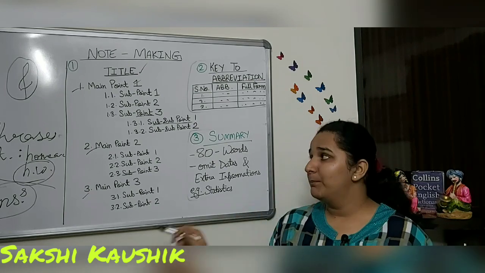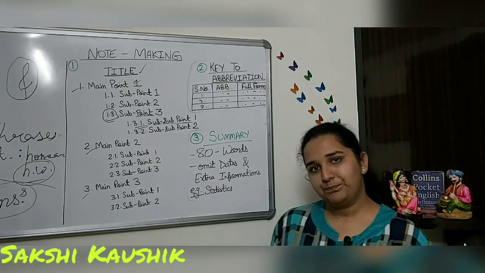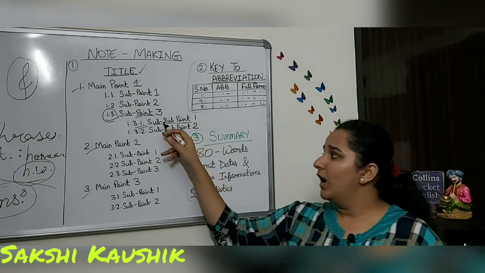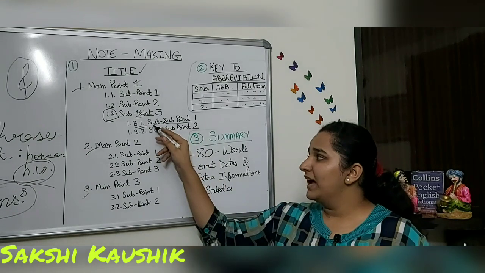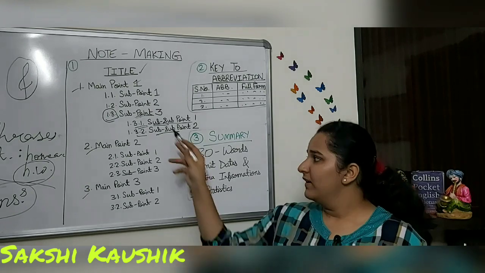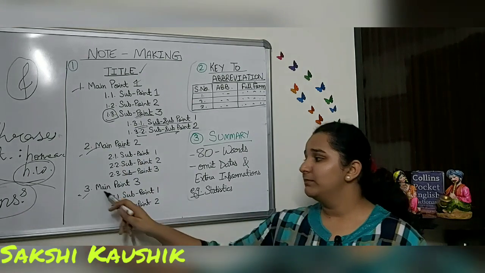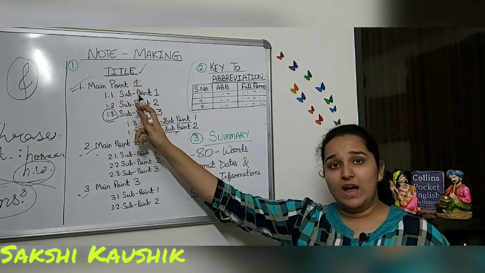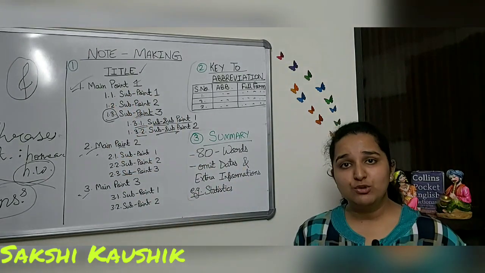Now there is a subpoint. Now what do we mean by subpoint? For this point we have a subpoint. Now we have already written book lover, bookworm. Here you can write, in the para it was mentioned that she loves fiction books. So here you can write fiction. Here you can write active student. Okay, fiction, active student. Similarly, you can go ahead with main point 2 and main point 3. For example, the heading for main point 1 was school routine. For main point 2, it can be tuition routine.